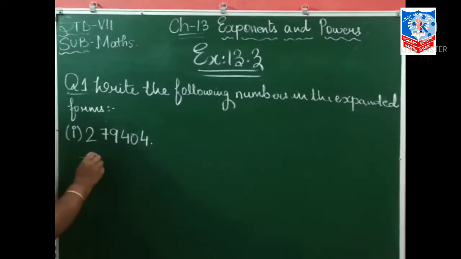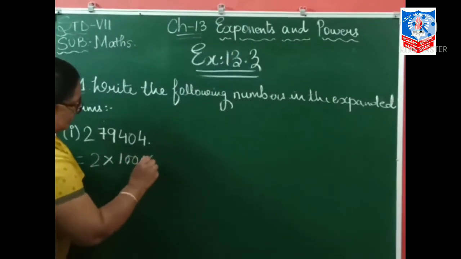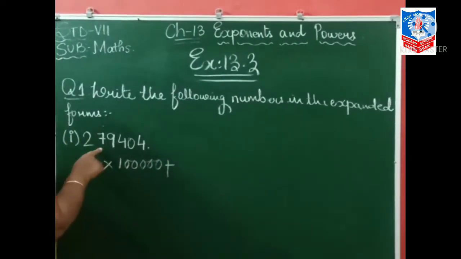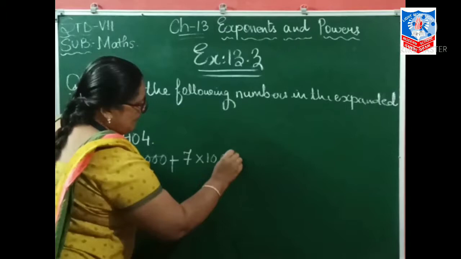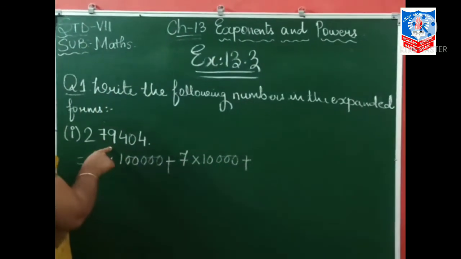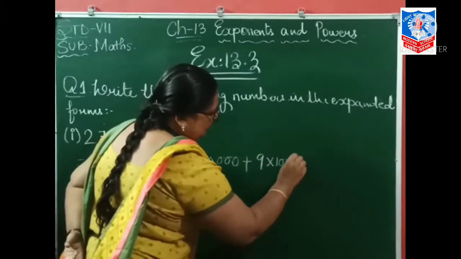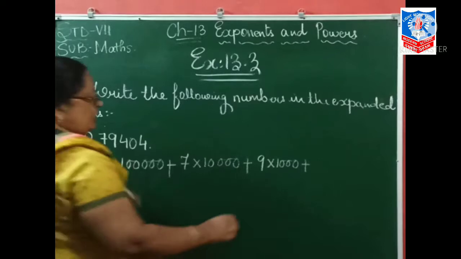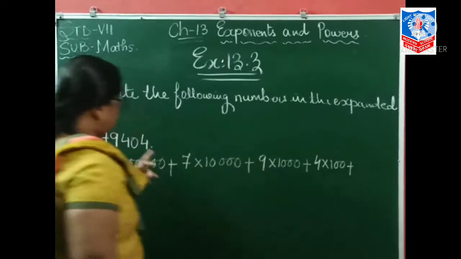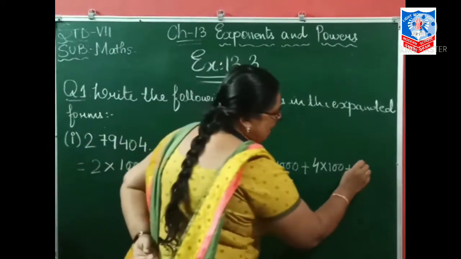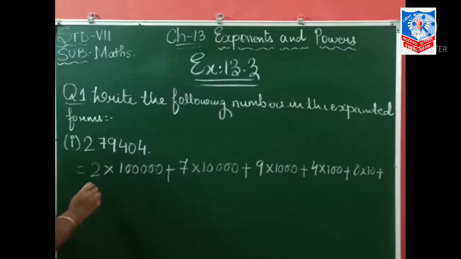Now see, 2 into 1 lakh plus 7 into 10,000 plus 9 into 1,000 plus 4 into 100 plus 0 into 10 plus 4 into 1